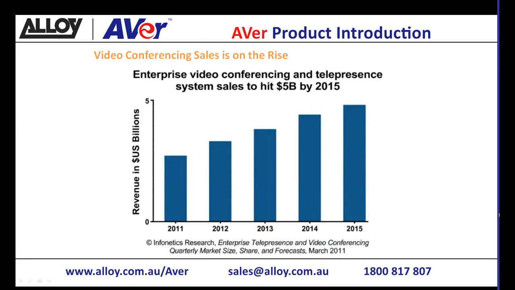Okay, as I said at the start, video conferencing is on the rise. More and more people are implementing video conferencing. Why? Because prices have come down. Businesses don't have the money to spend on travel costs. And by purchasing a video conferencing product, businesses will have an ROI in a very short time period, especially if they are doing a lot of interstate travel, going between their separate offices.